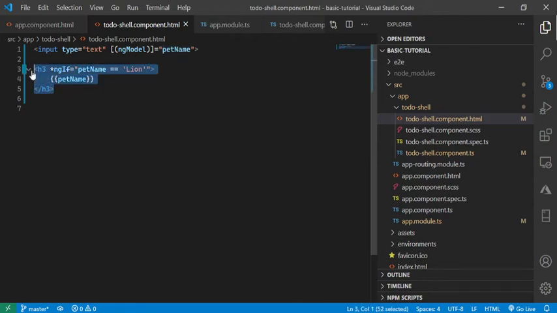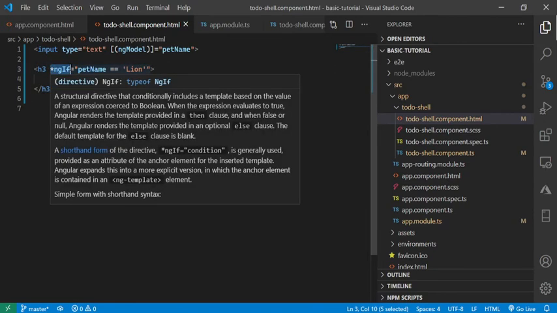Similarly, we have other options also in structural directives called ngFor and ngSwitch cases. ngFor basically loops around the array and displays the values, or creates the DOM based on the conditions we give. ngSwitch case basically gets the value and, based on the value, switches between the cases. So ngSwitch case is similar to multiple ngIfs. And this star ngIf is like syntactical sugar of code only.